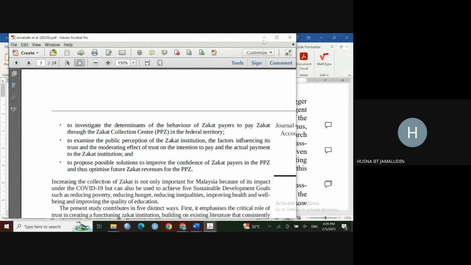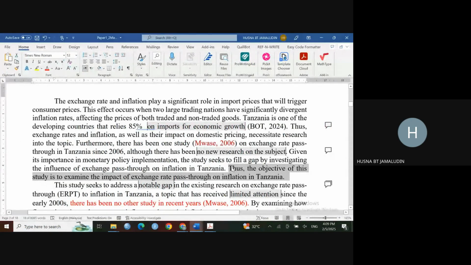But if you are explaining so many things and the objective is somewhere there, the problem is people will overlook your objective. People will ask, where is the objective? So you have to make sure that it is clearly visible, so that if they have read somewhere down there and want to see what is the objective of this paper, they can find it. So you have to have one paragraph to emphasize your objective. And of course, here your objective is just one, to examine the impacts of exchange rate pass-through